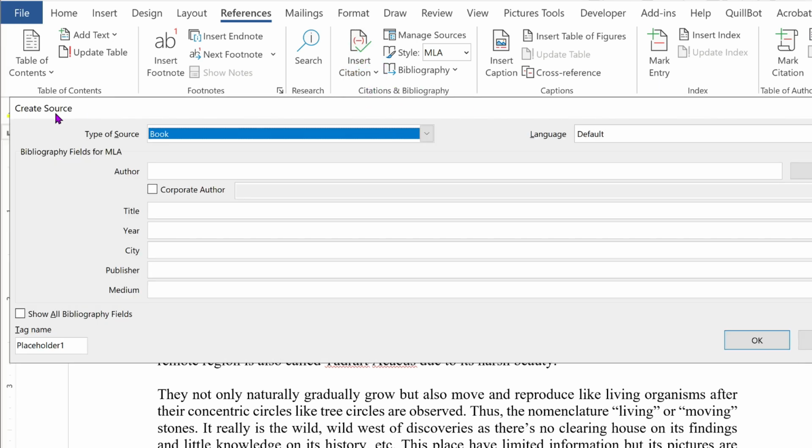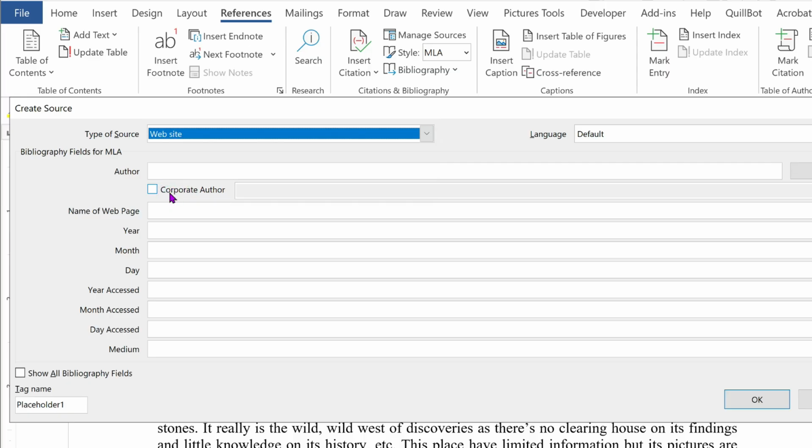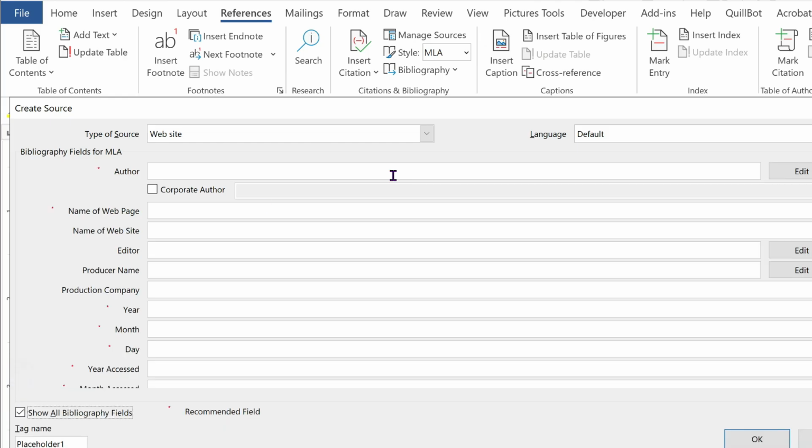In the Create Source dialog box, you need to select the type of source. Click on this small arrow and select Website. And also click on the Show All Bibliography Fields checkbox. Now type the following fields. Put the first name and last name of the author, for example,